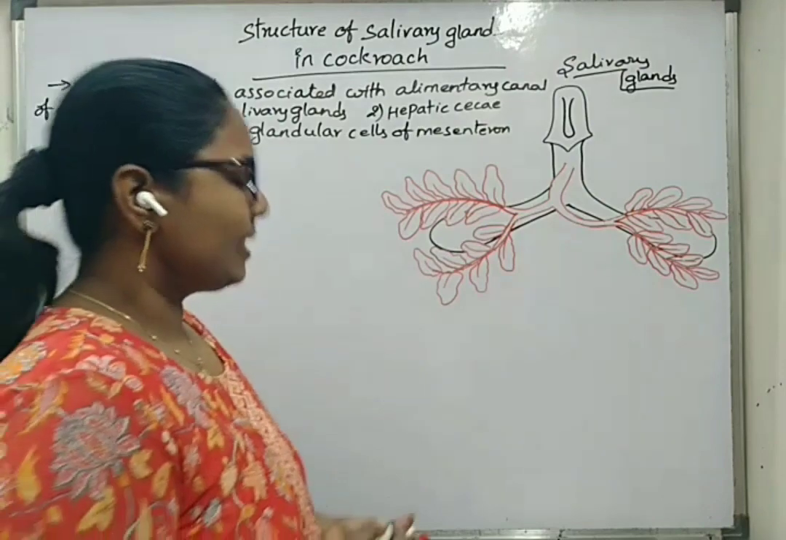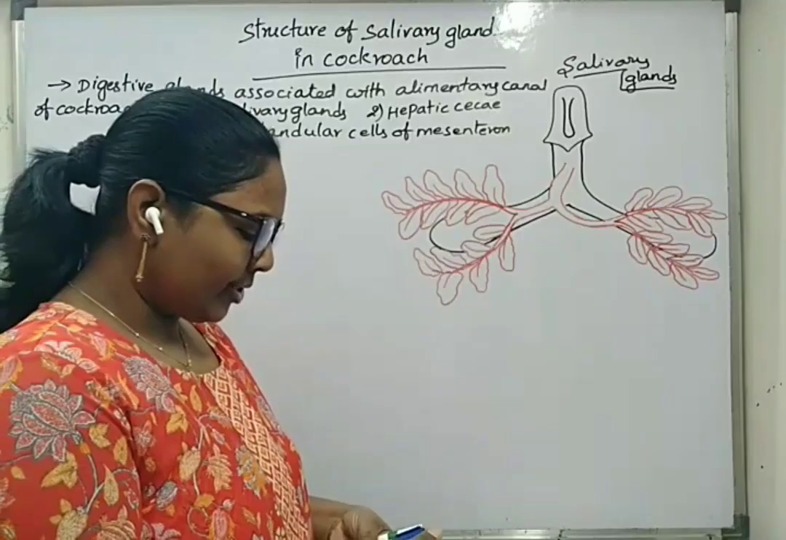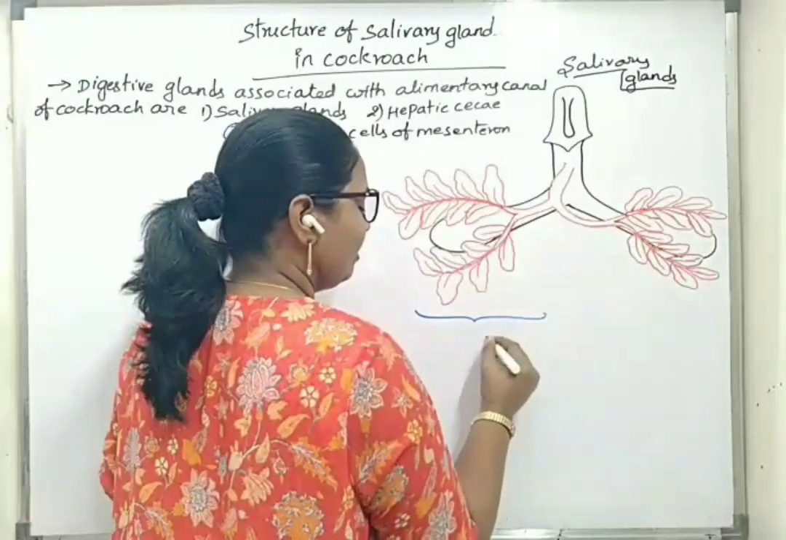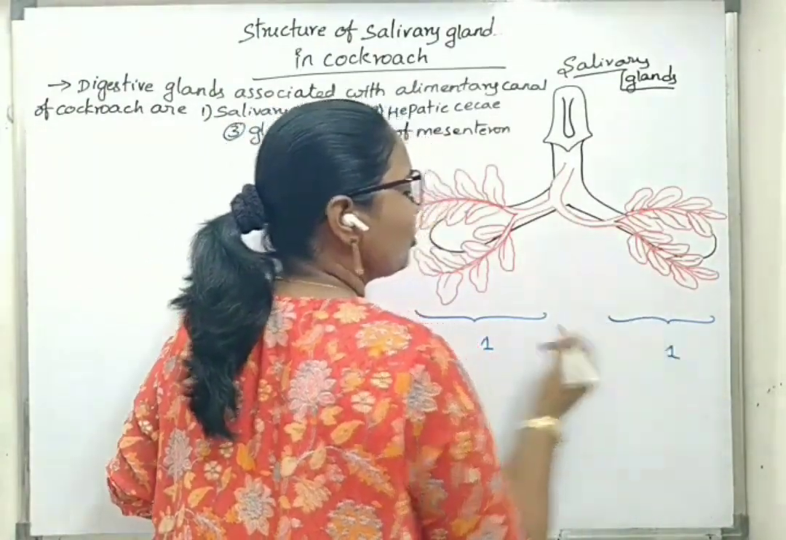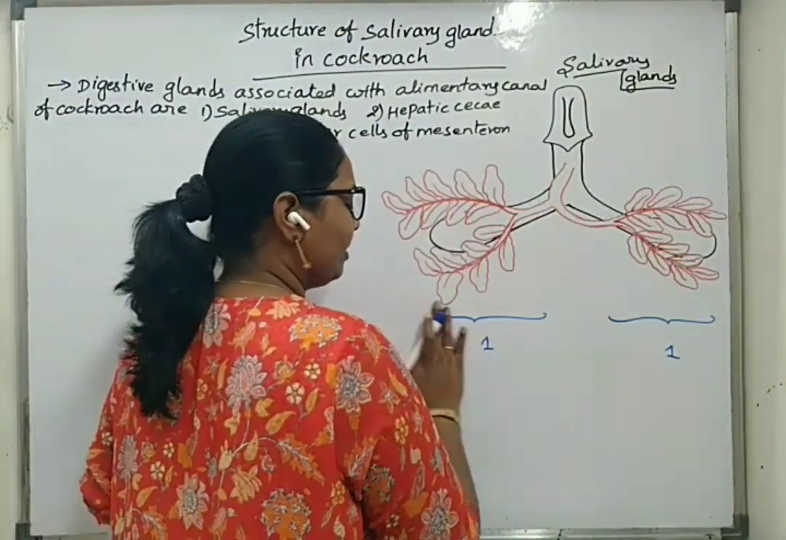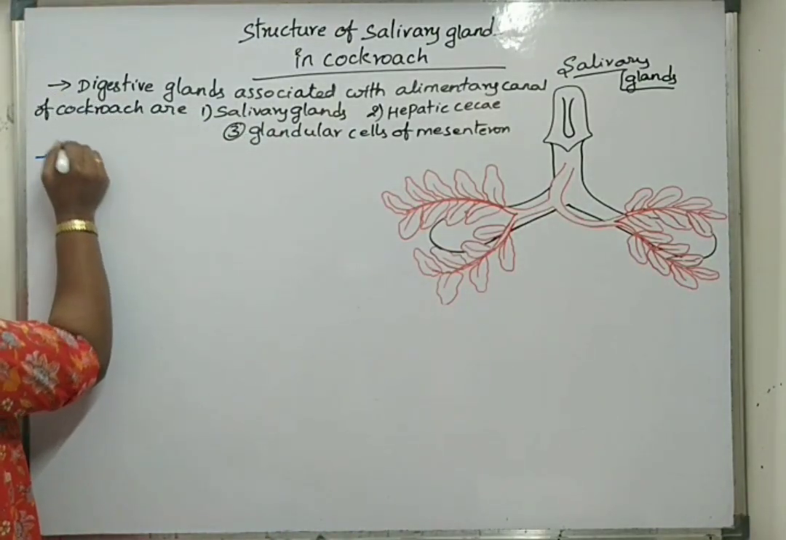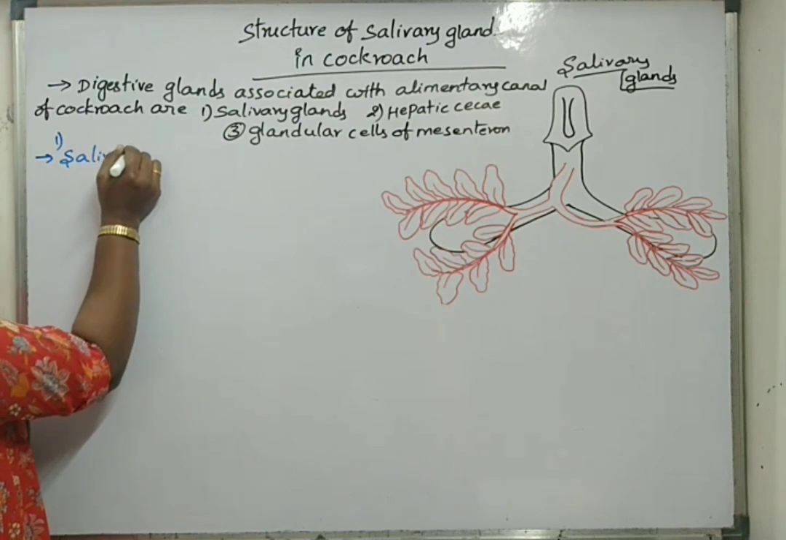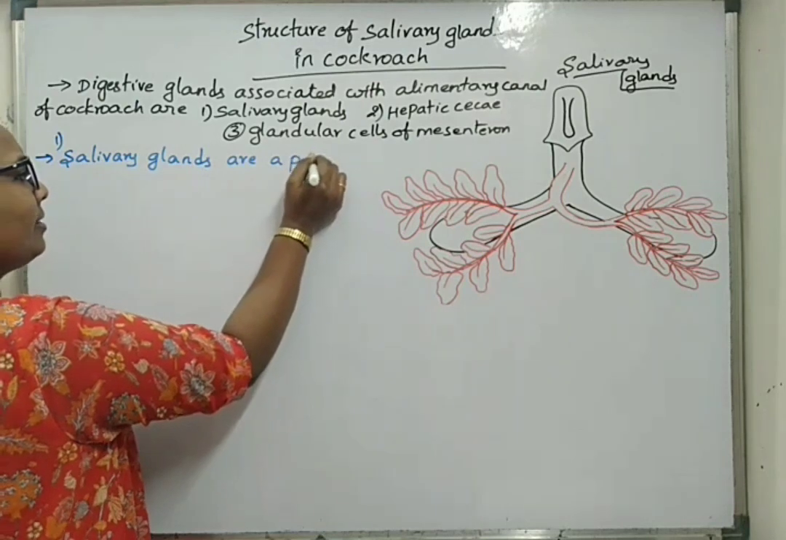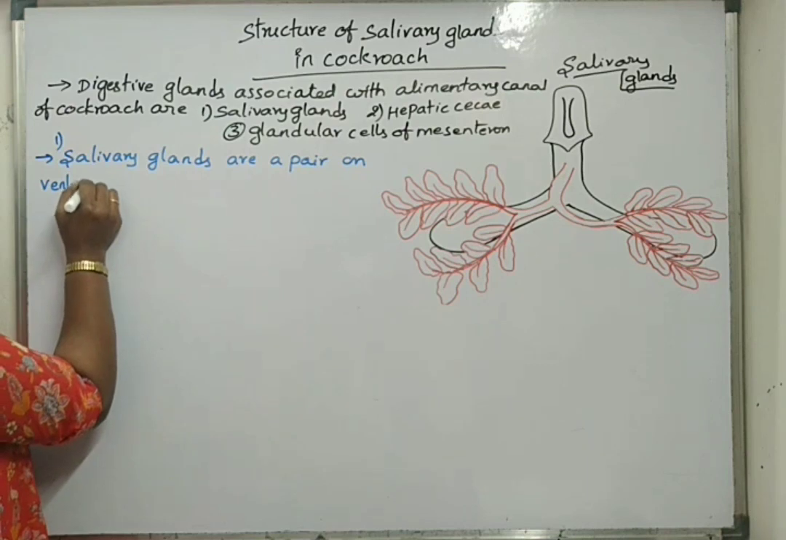Coming to first one, salivary glands. Salivary glands has a pair of salivary glands attached on ventrolateral side. A pair. This is one and this is other one. So we are telling this is salivary glands of cockroach is a pair, means two in number. First one, salivary glands are a pair on ventrolateral side